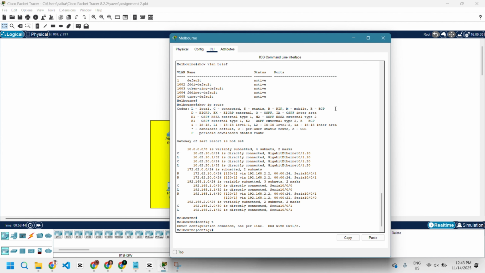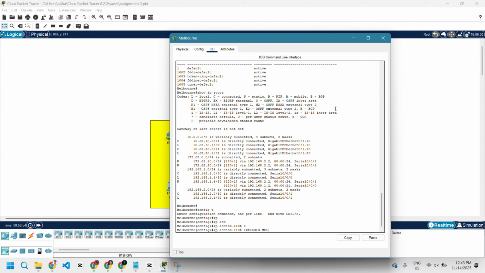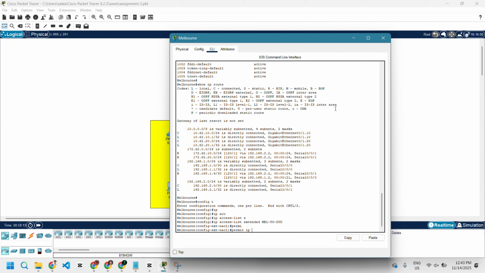Config t, extended Melbourne to Sydney. Permit IP 100.0.0.255